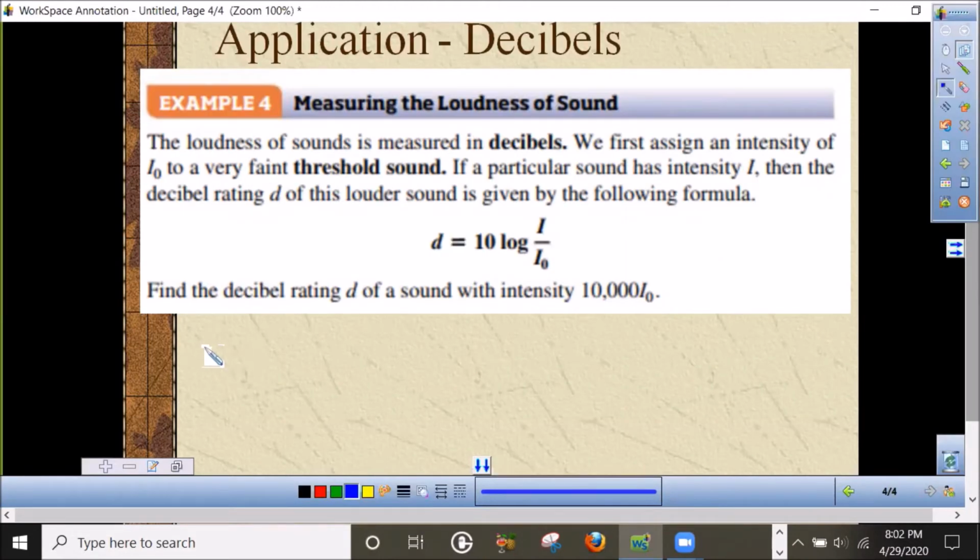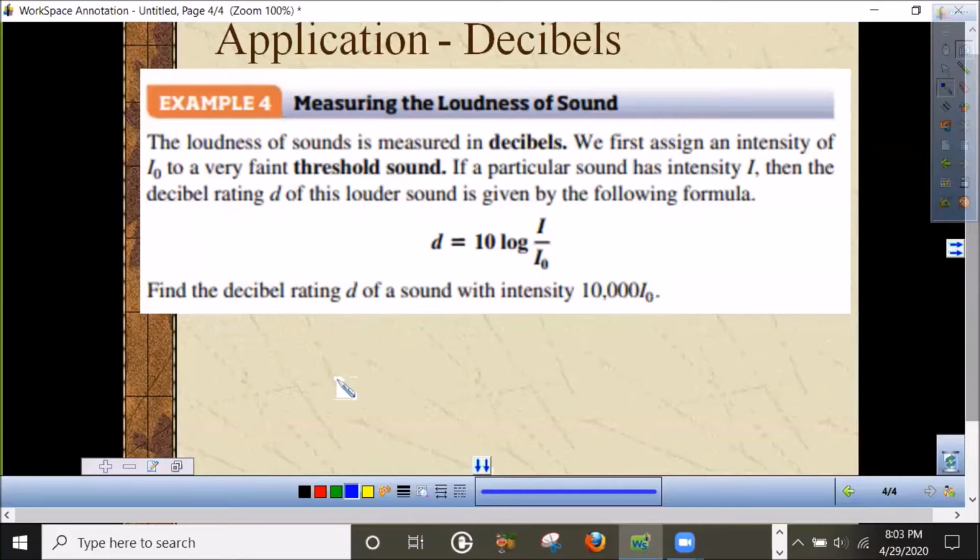Another situation that uses a logarithmic scale is the decibel scale. Each time the decibel rating goes up by 1, the actual intensity of the sound is increasing times 10. For decibels, we refer to I sub 0, which is the intensity of a very faint threshold sound, a sound that is barely able to be heard. This problem asks us to find the decibel rating, D, of a sound with intensity 10,000